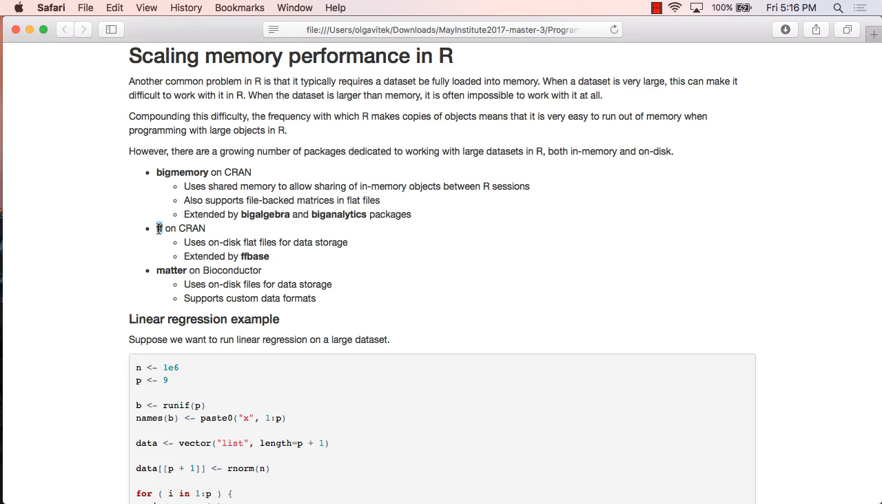There's another package called FF on CRAN, and this one, FF, just uses flat files for data storage. So basically, any vector or matrix in FF is just going to be a file on disk, just a flat file without any special things attached to it. And so whenever you read from an FF vector or an FF matrix, you're actually reading that from disk, which for smaller things will be a lot slower than doing it in memory,